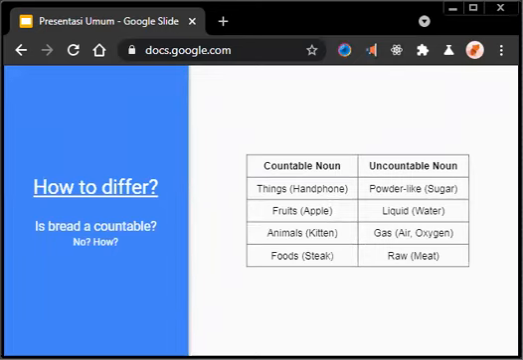How to differentiate? Is bread countable? No. How? I have several characteristics of an object that is uncountable, like the first three rows in the table on the right side. First is sugar, which is in the powder-like family. If sugar is placed in a glass, there will be so many of them, right? Another example of this family is salt,